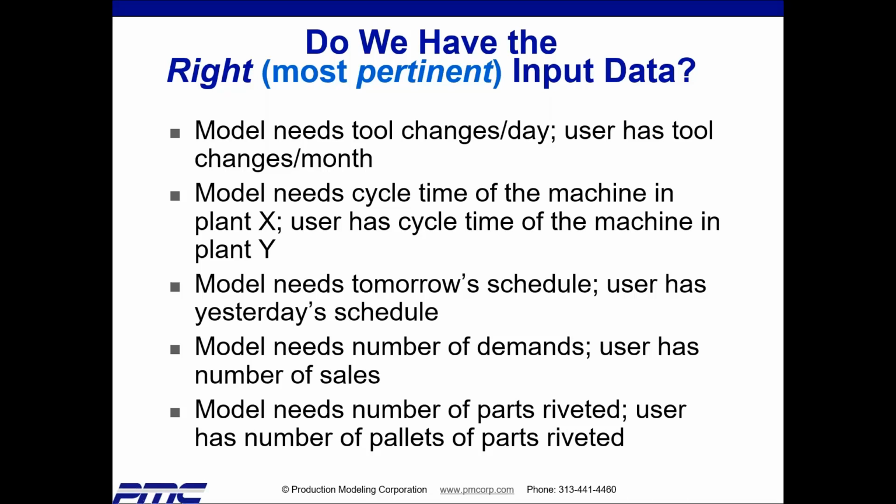If we're running a job shop, what's tomorrow's schedule? Maybe we don't know yet. Maybe the boss hasn't decided yet. Maybe the input work orders aren't even here yet. Well, we can model using today's schedule or yesterday's schedule to see what happened. If we run the model using yesterday's schedule, does the model act the way the real system acted yesterday? That can be a very valuable technique for validating the innards of the model.